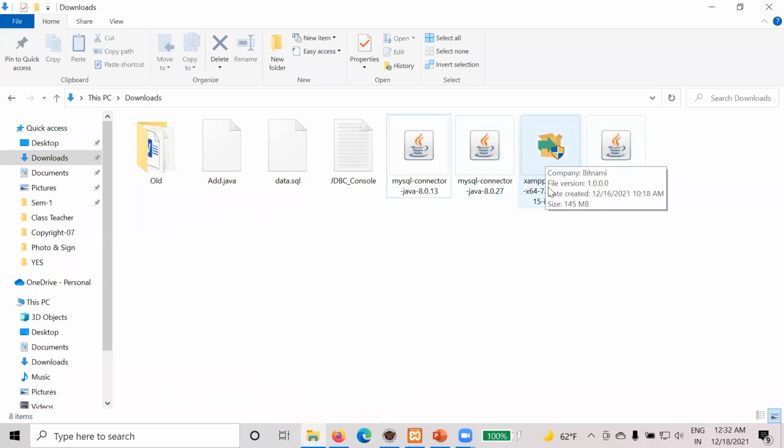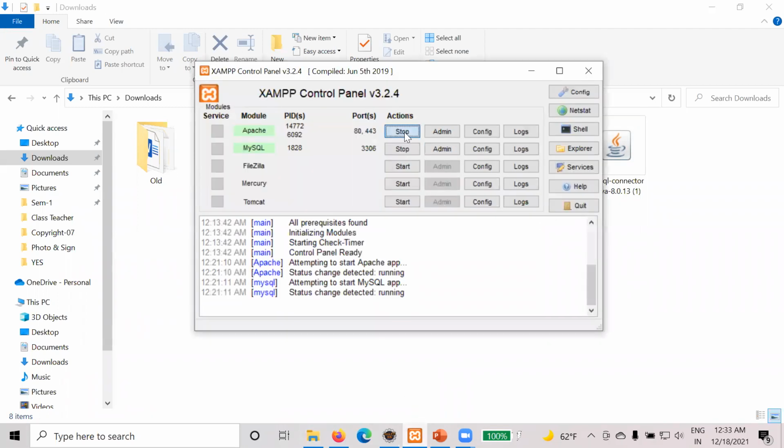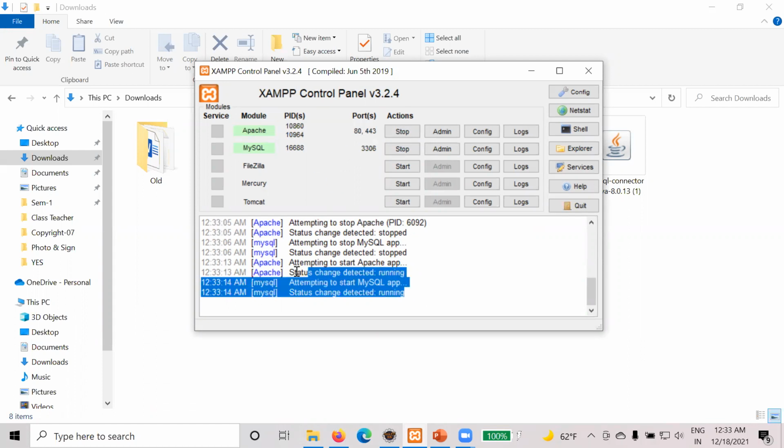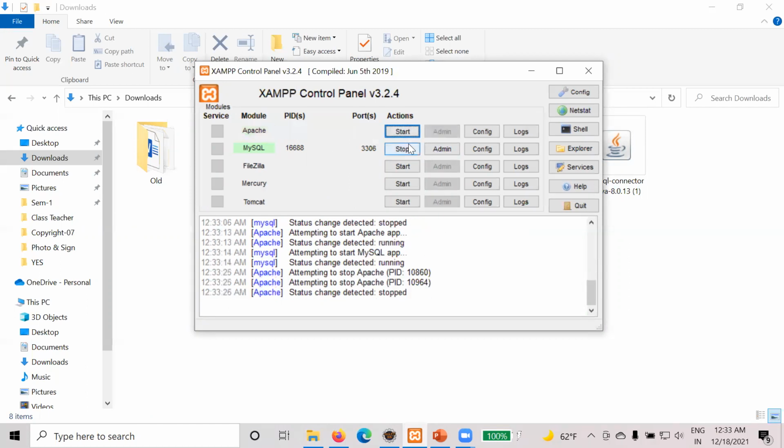First we'll install XAMPP. After installation of XAMPP, it will show a control panel like this. In this control panel we require two modules: one is Apache and the second one is MySQL. Once you start both modules, if there is no error, they will turn green and no error will be displayed over here. If there is any error because the port number is already occupied by other software, server, or database, you need to reconfigure it.